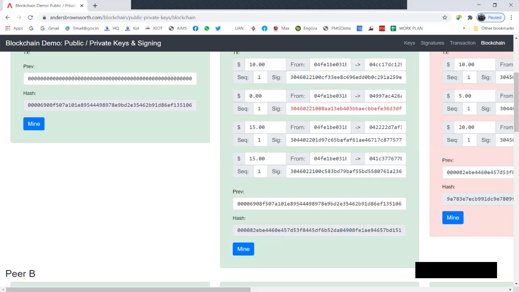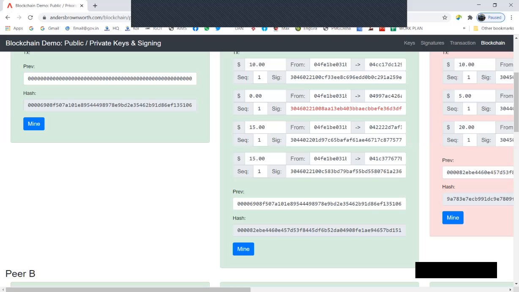Because this signature was generated by the sender using his or her private key, and it had also taken into account the transaction details and other details which were there in the transaction, and the signature was generated. But now since this value has been changed, this signature is not matching with it, right? In this way the receiver would come to know whether the information that has been transmitted is authentic information or not.